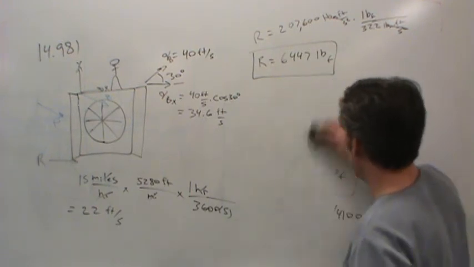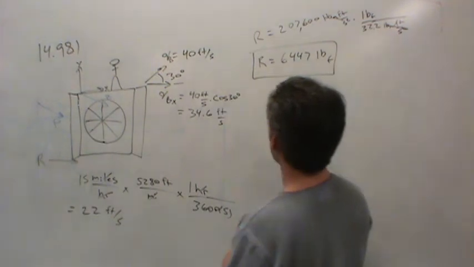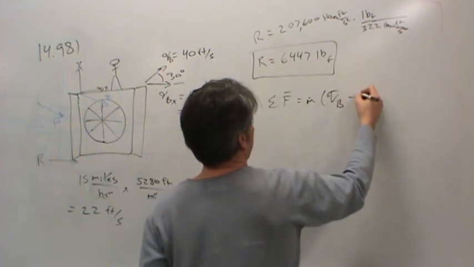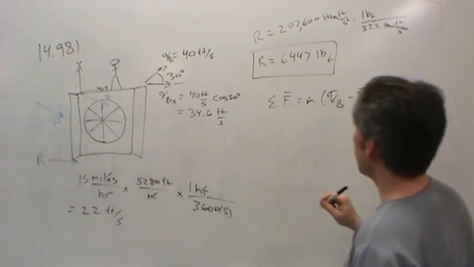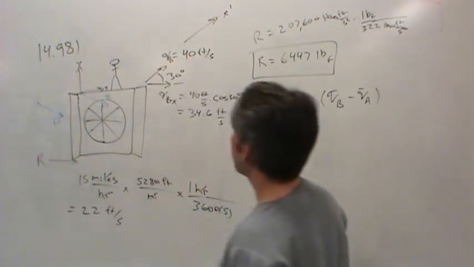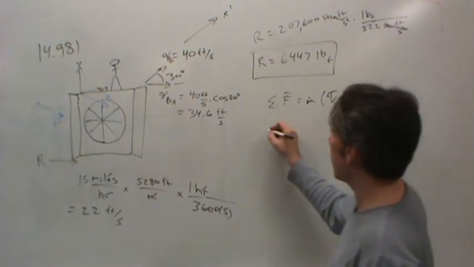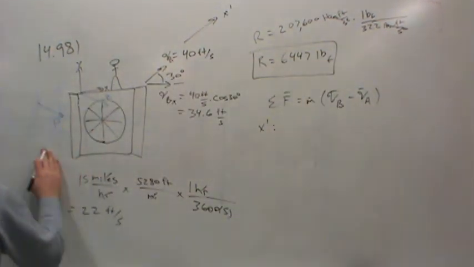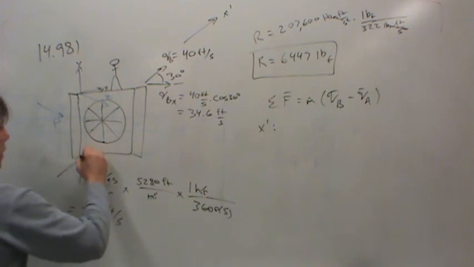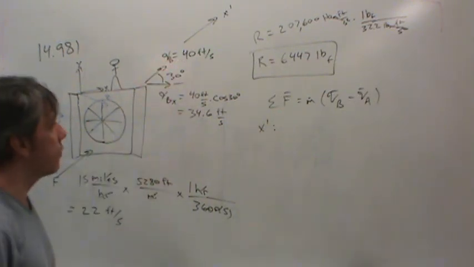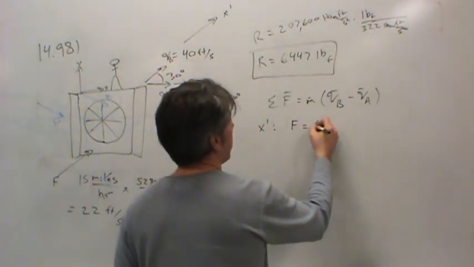Because notice, we don't necessarily have to break up the vector into two components. We could say the sum of forces equals mass flow rate times VB less VA. And it's pretty obvious that if I took a coordinate just in this direction, let me call this x prime, then I could write this equation simply in the x prime direction. And then the force that I would be solving for would be however much force is required in this direction, let's just call it F. That's how much force is required to accelerate the snow at 40 feet per second. So let's run through that. So that force F would be the 6,000